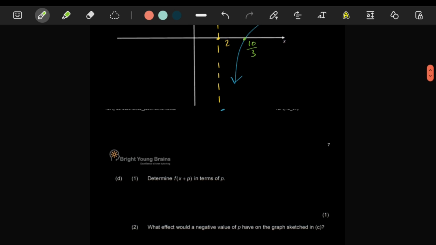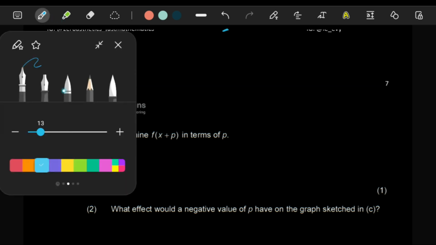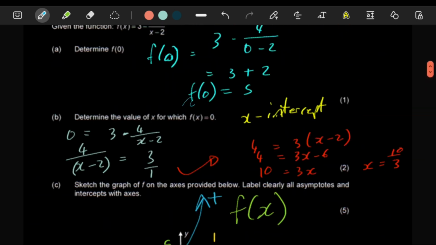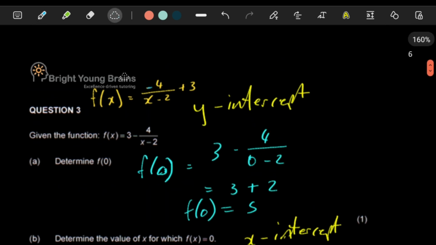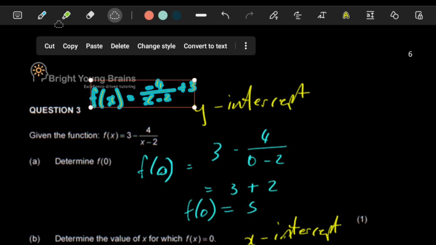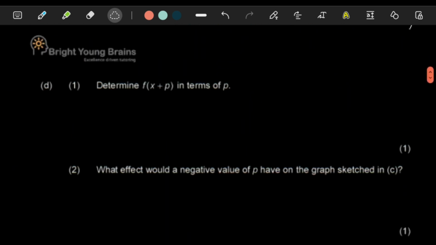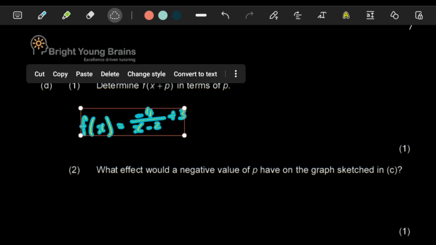So let us move on to D now. They said for 1 mark, determine this in terms of p. Can you imagine, this is like a full-blown November exam. So in the graph of f, whatever the equation is, you might actually copy it like this, because it doesn't matter if the 3 is in front or at the back, it's the same equation. So here they just said wherever x is, we need to throw in